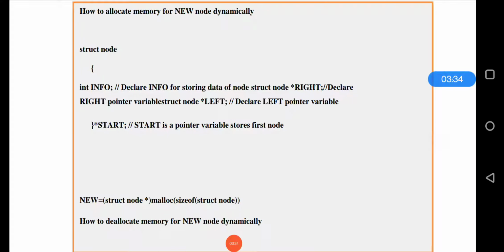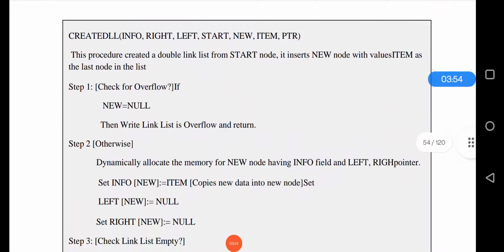If we are inserting the new node at the beginning, the head will be moved to the newly inserted node. If we are putting it at the end, null will be allocated to this inserted node, and if we are putting it in between, then the pointers should be well connected to each other. For the memory allocation, we will be using malloc.